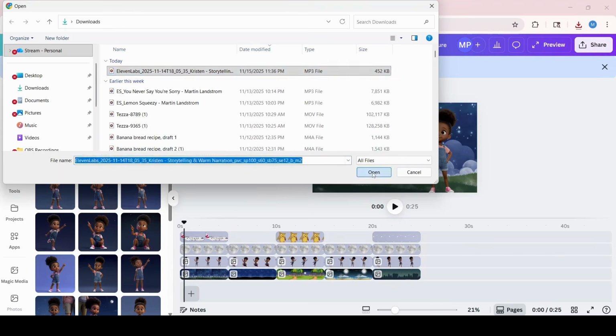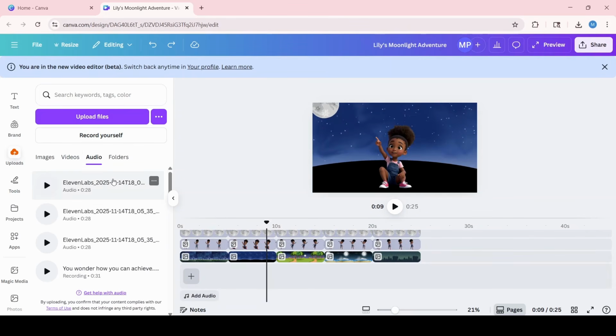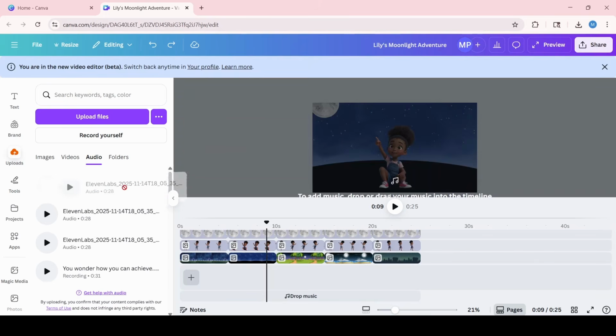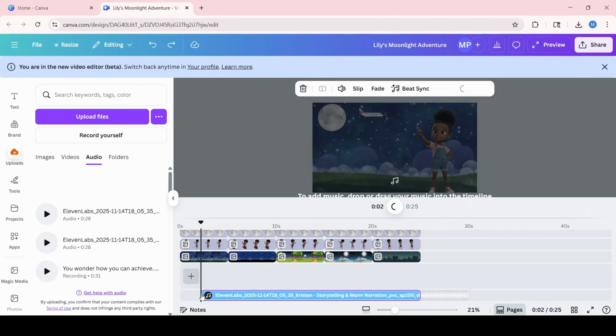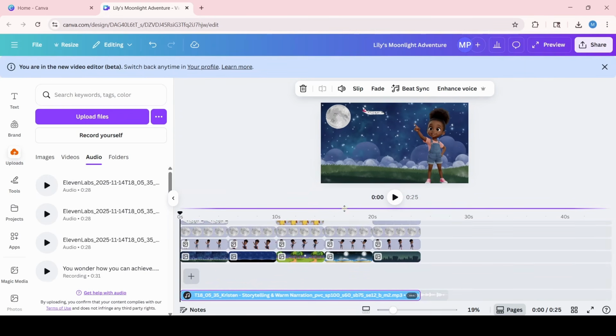I'm going to click on it and click open and you'll notice that it automatically added over here. And all you will do is drag the voiceover to this add audio section over here. So I'm just going to click on it and drag it to this section and just move it all the way to the left to the beginning of the clip. Now, if I want to view everything, I'm just going to pull this up over here so that I can